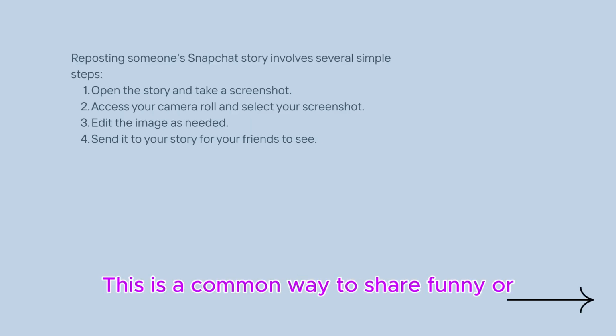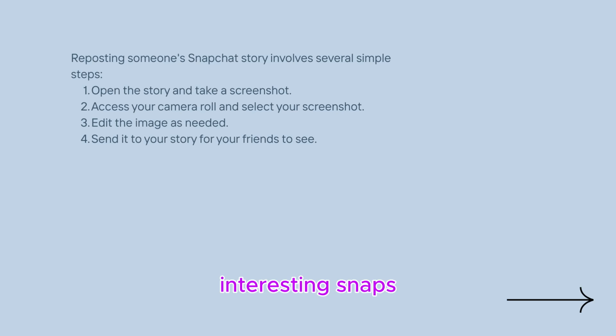This is a common way to share funny or interesting snaps, but always be respectful and considerate of the original